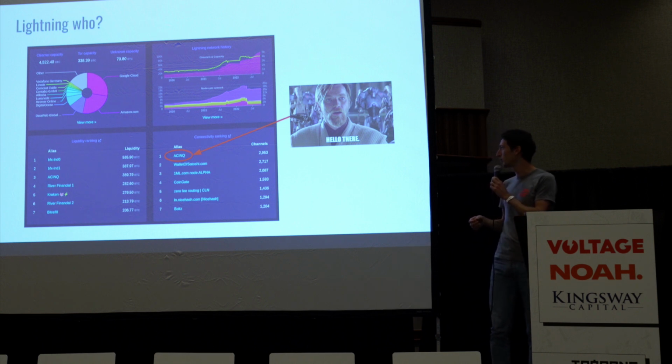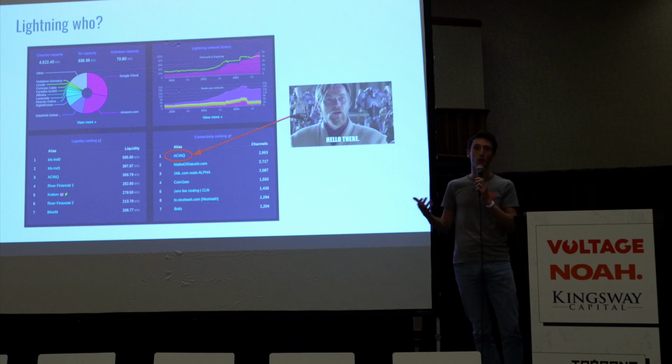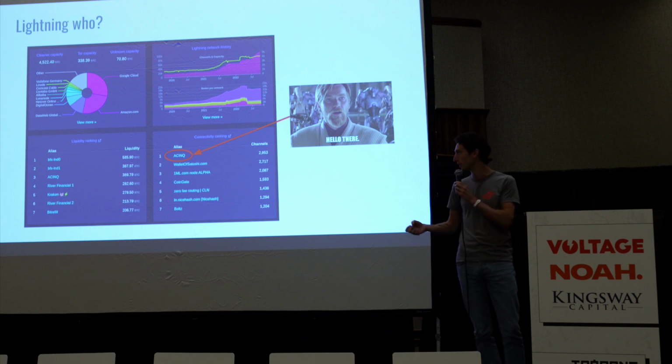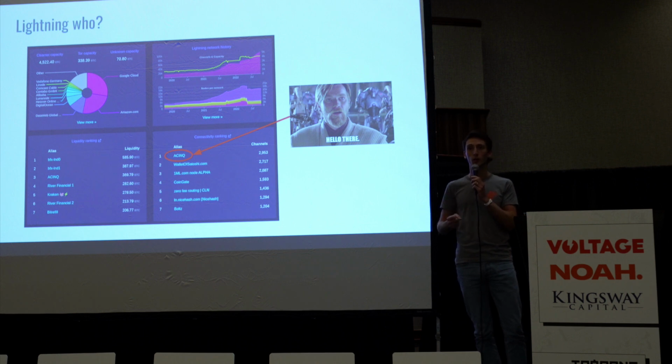And in the long run, you cannot prevent wealth from not being evenly distributed. So some nodes will have more capacity than others, just because if you're an individual, you cannot compete with a company running a node and having a lot of money to pour into it. But what's important is that there are enough of these big nodes so that you can choose among many routes to be able to avoid going every time through the same hub.